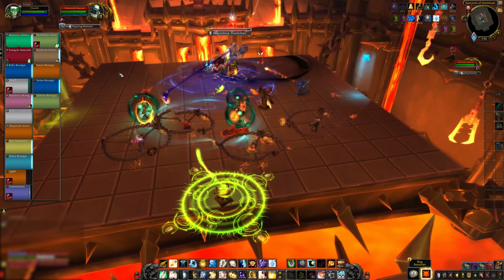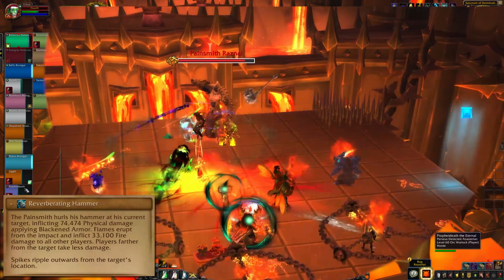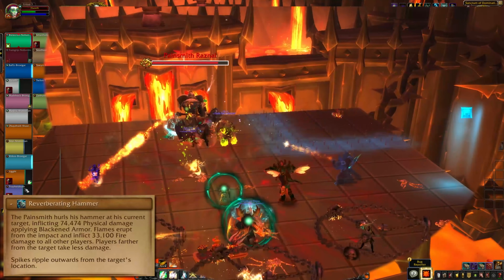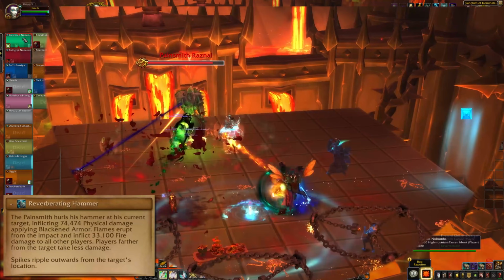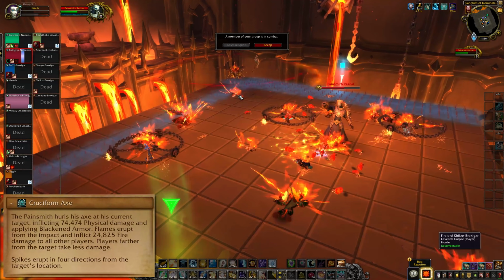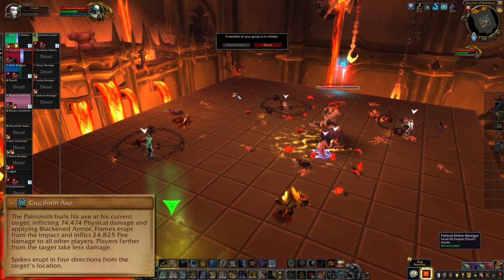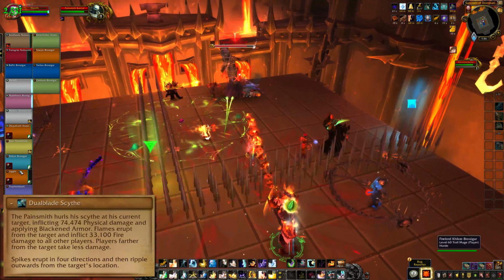on a theme. He'll activate his current weapon to hit the tank quite hard and apply a debuff. You'll want to use a tank button or two and then tank swap. Spikes will then radiate outward from wherever the tank was standing, but the spike pattern changes depending on which weapon it was. The best place to take this is generally the corner of the platform. The rest of the raid should be aware of where the spikes are coming from and then step over them